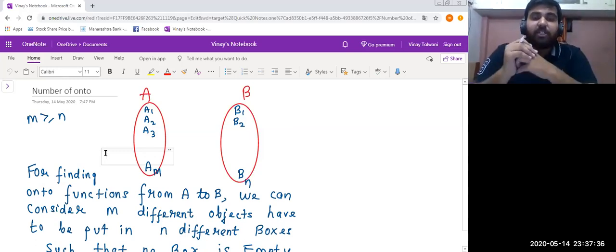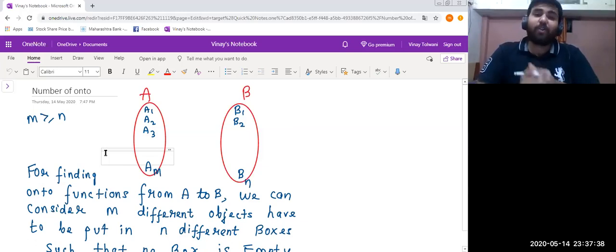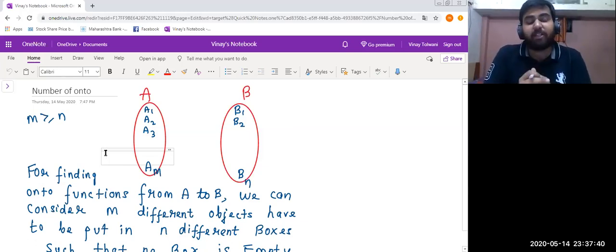But here, m and n are totally uncertain quantities. Let us consider a case where m can be 200, that is, we can take 200 objects and 100 boxes. In this case, we can't do grouping because the data is very big.